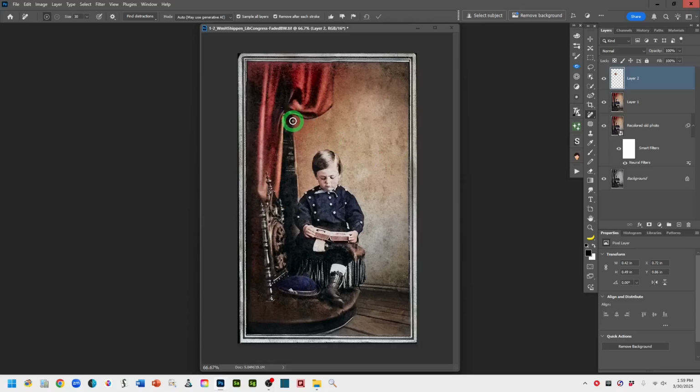There. And I'll make this a little bit bigger with my right bracket key. I don't care for this. This is distracting because I want the focus on his head. Okay, so now that was a way to get rid of some of the color spill. See, this is what happens once I start fixing, then I want to fix everything. Okay, so now, so this was remove color spill, and I used the remove tool, which is why I used the word remove here, to get rid